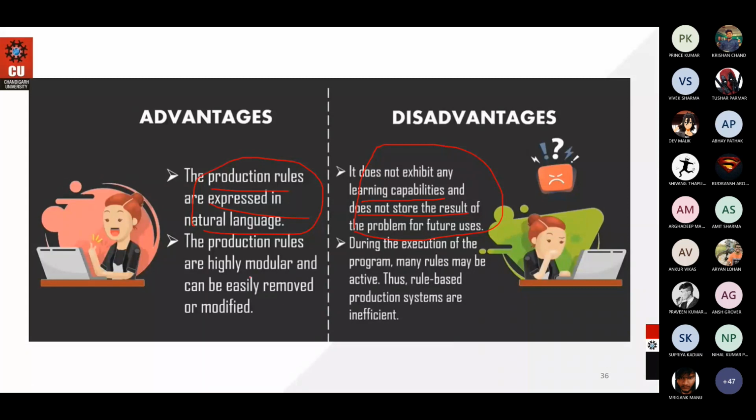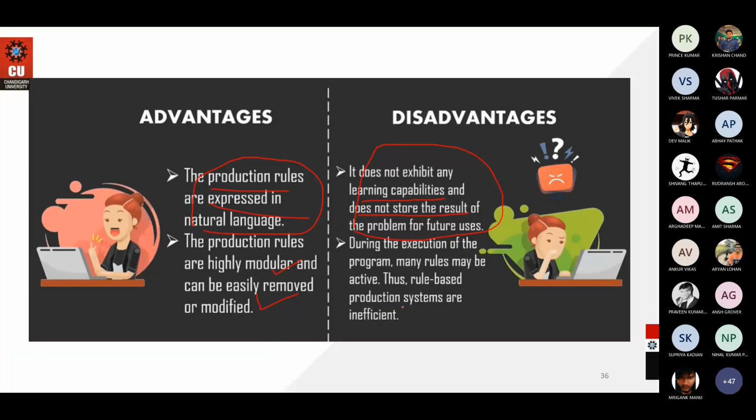So the production rules are highly modular and can be easily removed or modified. This is the advantage: production rules are very modular. Highly modular means you can divide the rules into subparts. You can divide the rules into different modules, and they can be easily removed. Any of the modules can be easily removed, or independently modified independent of other